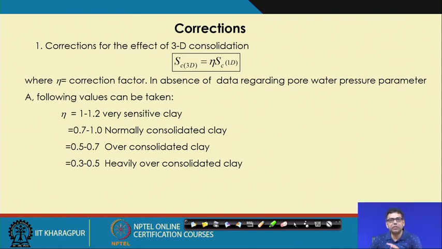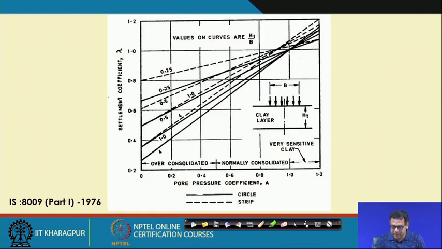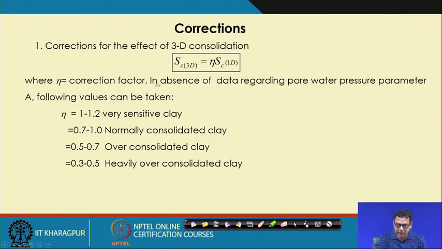Now we are using three correction factors. For the depth, one is the rigidity correction factor, that we are always taking as 0.8, and that is applicable only for a rigid foundation or raft foundation. Another is the pore water pressure correction, which is applicable for consolidation settlement. For normally consolidated settlement, 0.7 is a reasonable value. I have used that even in this chart also, this is the correction factor.